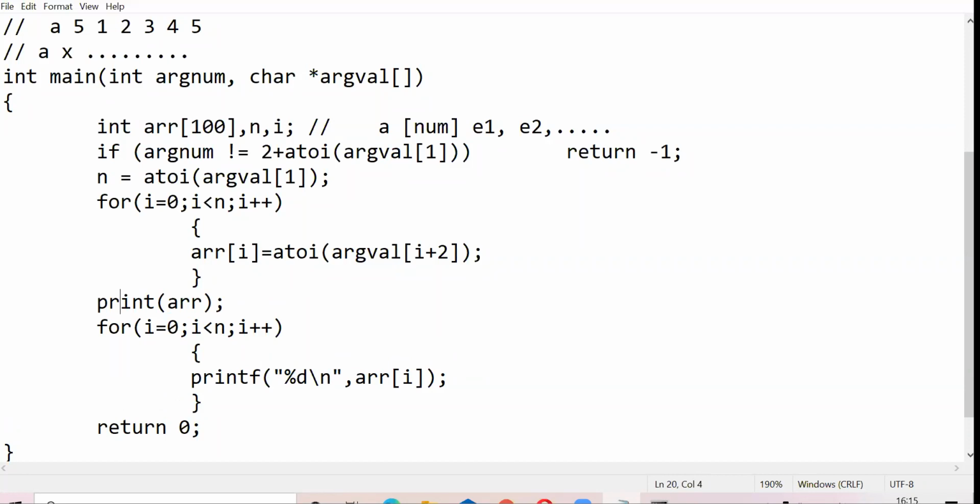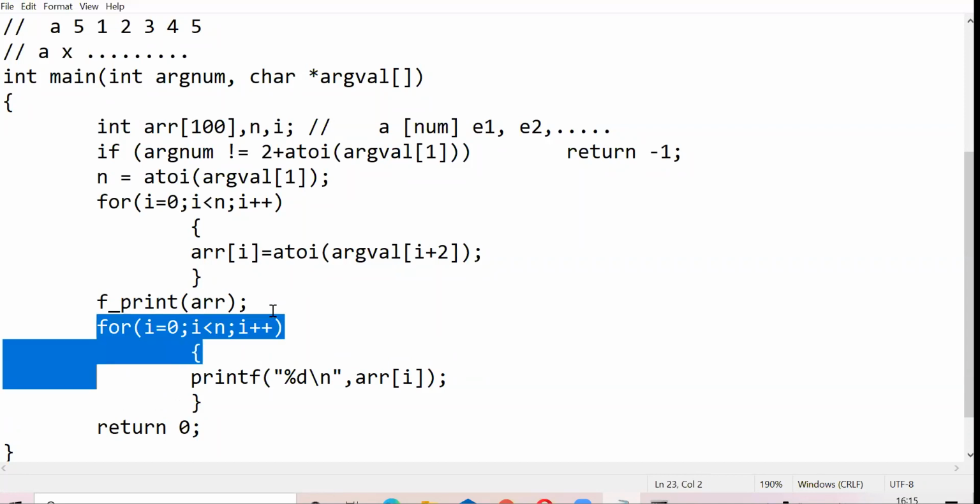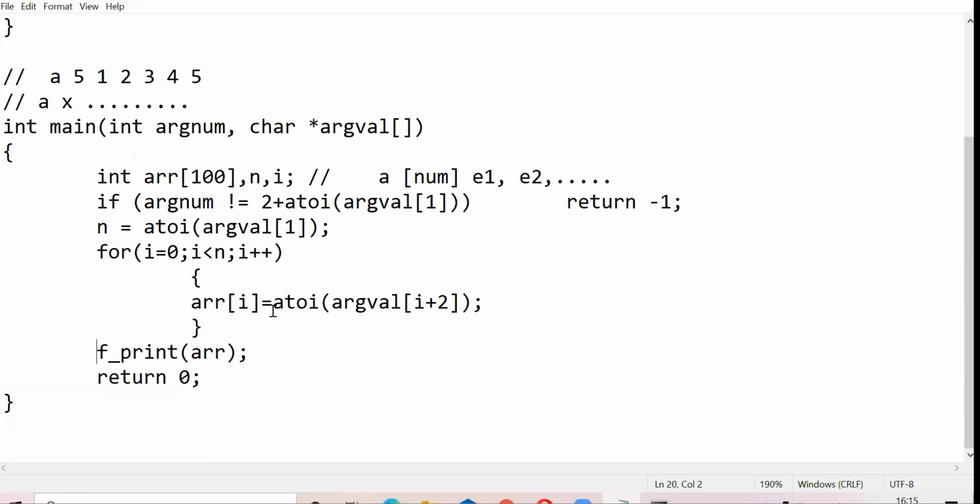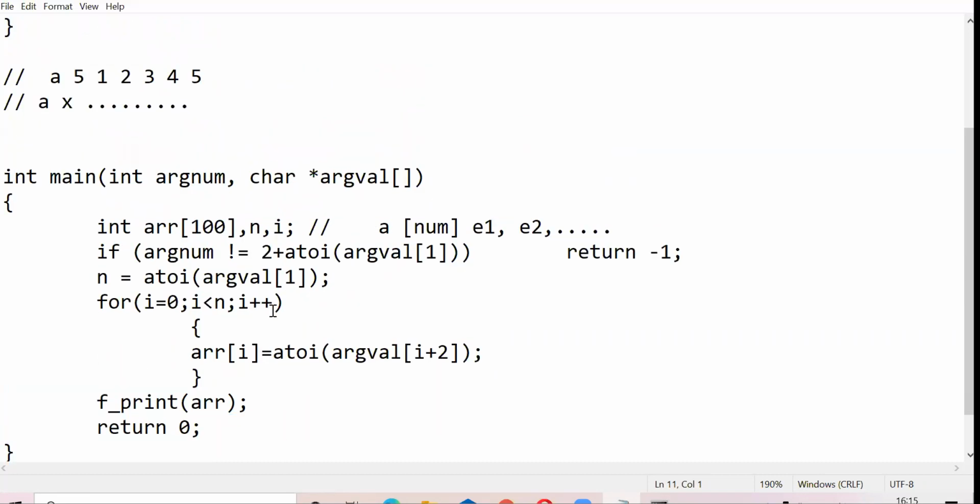There should be a function print. Let me just call it fprint. So there should be a function fprint which does this code for me and prints all these values. Right? So how can we write this function? Since this function is just printing, we can have its return type as void, that is, it's not returning anything. And then I have an fprint function here. There are many ways of taking arrays as an argument. The way I'm going to use it is like this, right? So see what's happening here. This array A is now copied to this new array whose name will be A.